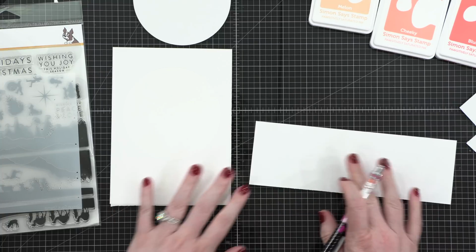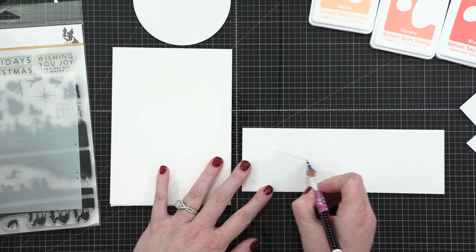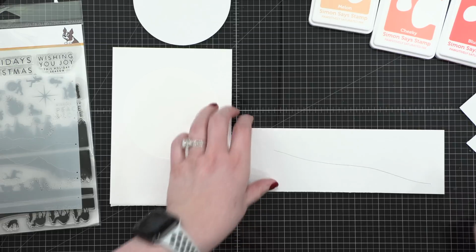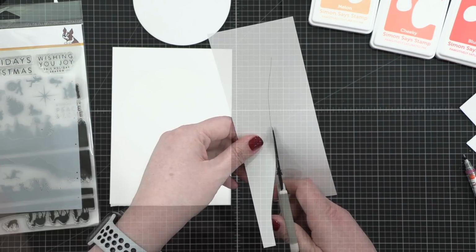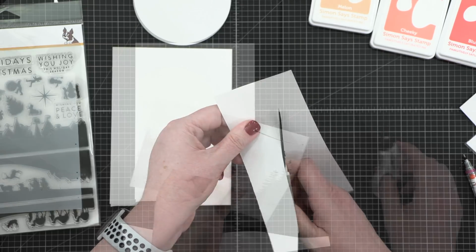bottom of the circle. So I'm taking another piece of masking paper, and just with a pencil, I'm going to kind of draw that sloped line. I'll take my scissors and trim that out, and then I'm going to adhere it to the bottom of this